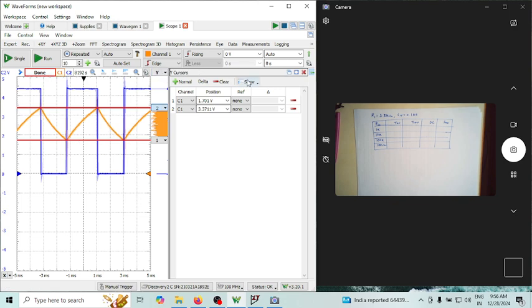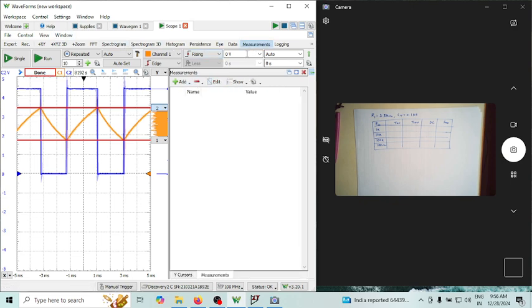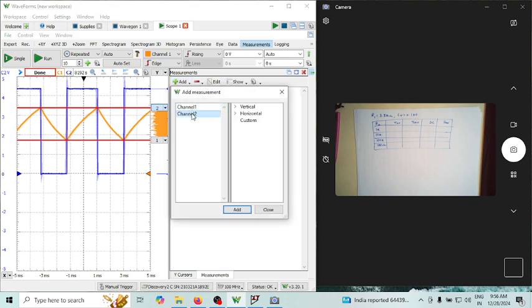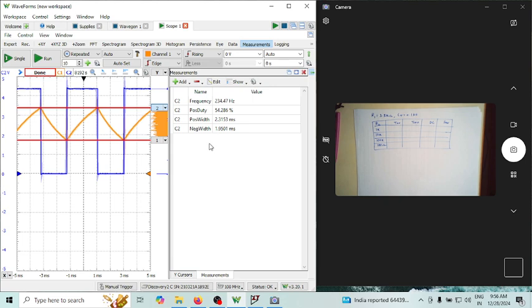Now let us also measure. Let me just do the measurements also here. So what I'll do, let me define measurements on channel 2. I'm interested in frequency, positive duty, positive width and negative width, and close. Let me just check what is the resistance that I have now. So now the resistance that is connected here is